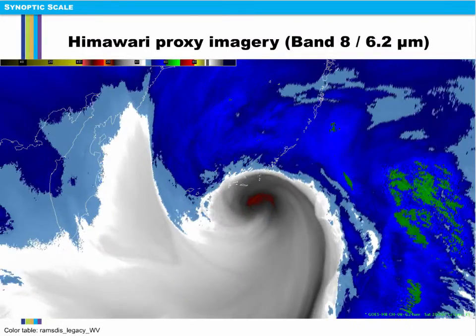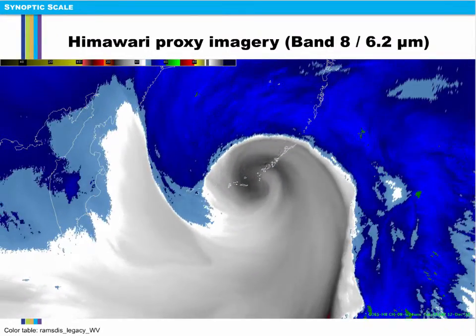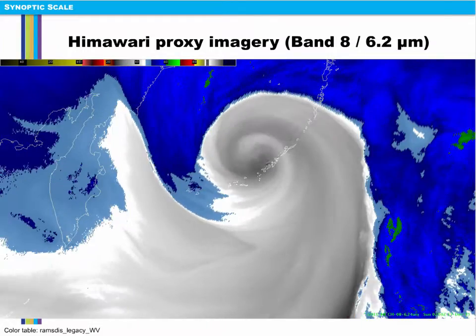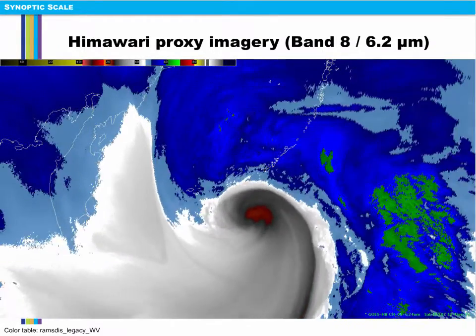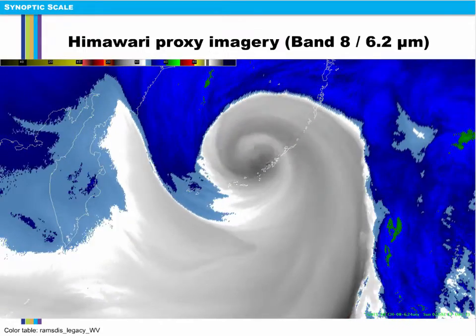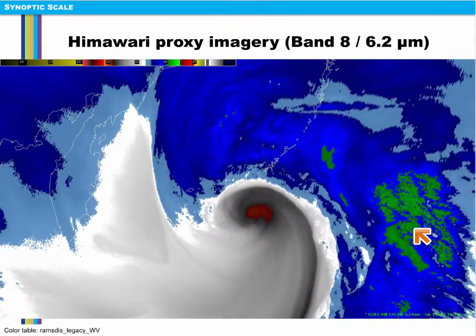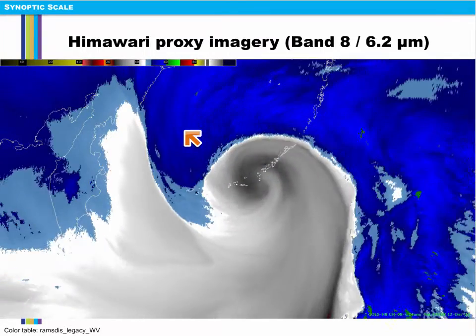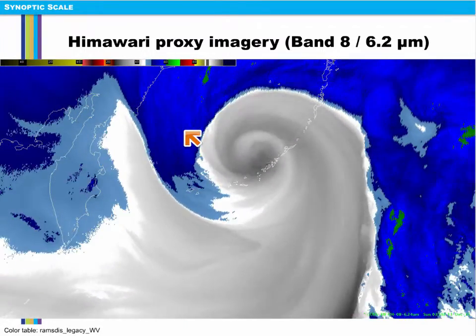Now we zoom in to the region of interest, which is the center of the cyclone, where we can view the evolution of the sting jet. This is the 6.2 micron upper-level water vapor channel. We can easily see the warm conveyor belt and the cold conveyor belt, and to a lesser extent, the sting